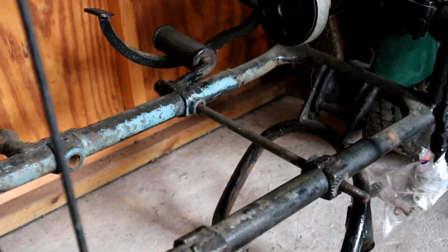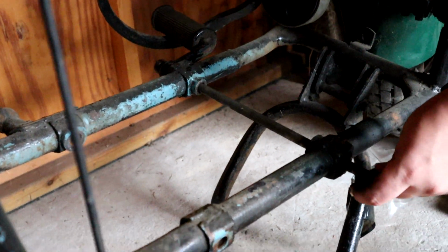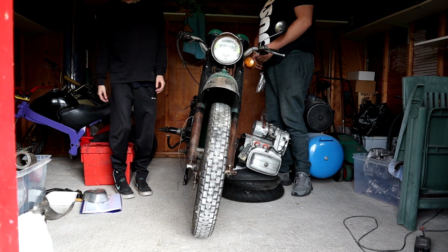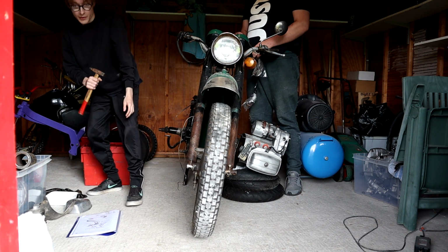So we first just took a look and see how that worked before getting the engine in there, because it would suck if you had to take the rod back out because we did it wrong. So after playing around with that, we finally decided to put the engine in there,